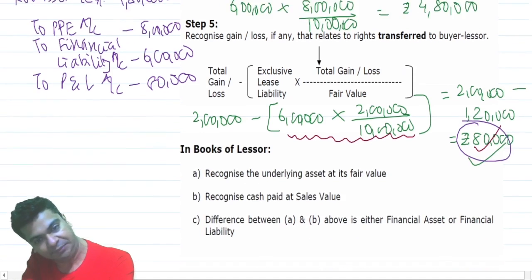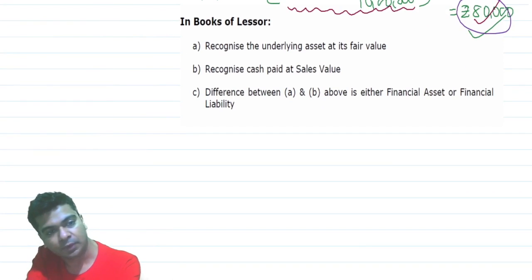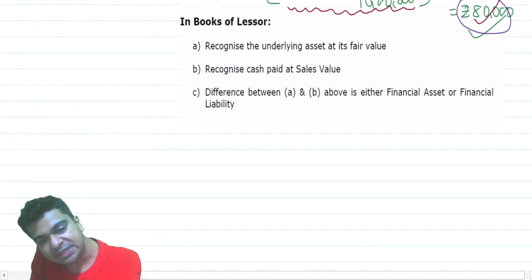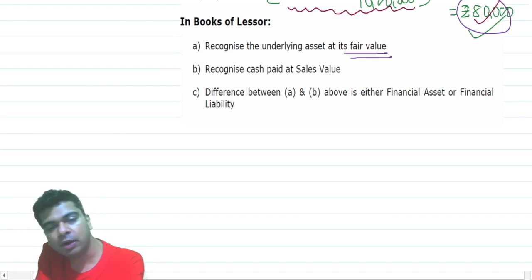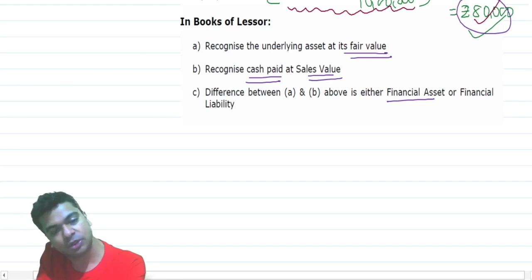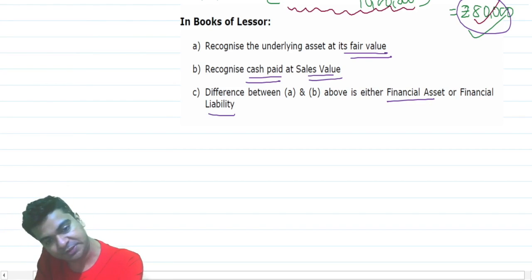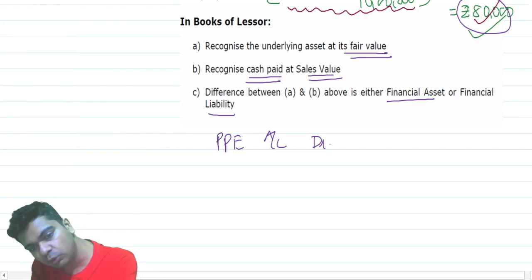What about the lessor? Well, the accounting in the books of the lessor will be much simpler. They are saying recognize the underlying asset at its fair value. As a buyer, you are going to pay cash, so we should recognize that at the sales value. And the difference between the two is financial asset or a financial liability. In our example, we are buying the asset for 8 lakhs of rupees. So the PPE or the asset, right? It can be even an intangible asset, fine. So PPE account, we are debiting